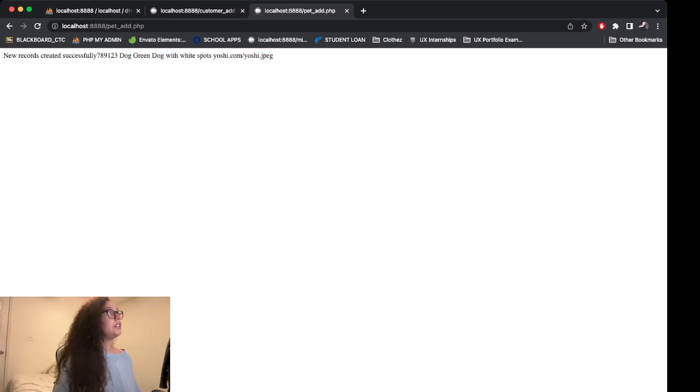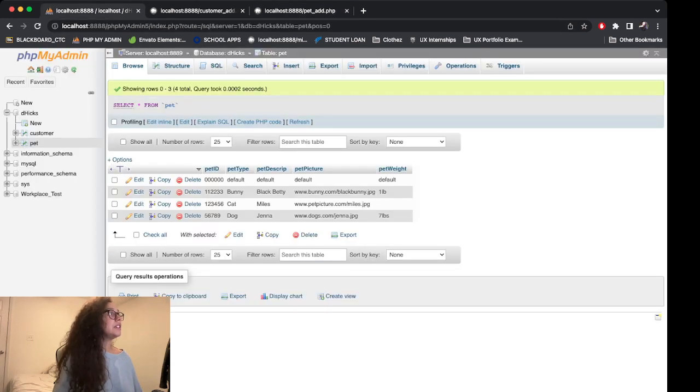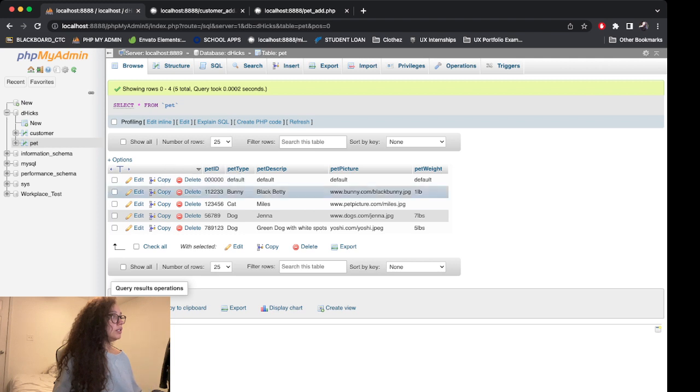that we added. So let's go back and see if the pet is injected, and he is. So there's his pet ID, 789123, green dog with white spots, and the URL for his pet picture, his weight. Everything looks good. So from here, I'm going to copy the pet ID because I need that, and I want to link Mario